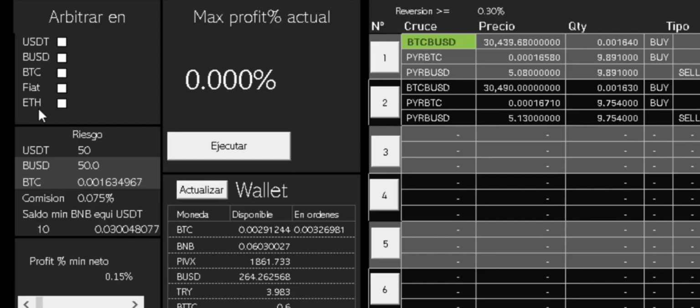Opportunities are according to the style of each one. The one who wants to accumulate only in Bitcoin, then mark Bitcoin. The one who wants to accumulate in USDT, mark USDT, or the one who wants to accumulate in BUSD, mark BUSD, or you can mark them all. An example, we are going to see if opportunities exist at this time with Bitcoin. Here we see one in which